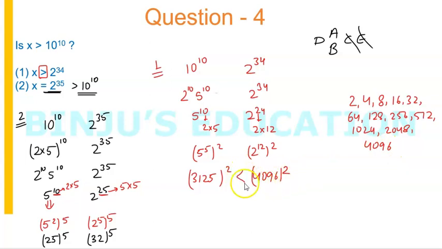Which of them is greater? 2 to the power 34 is greater. Now if 2 to the power 34 itself is greater, then of course any number greater than 2 to the power 34 will always be greater than 10 to the power 10. Hence our answer is option